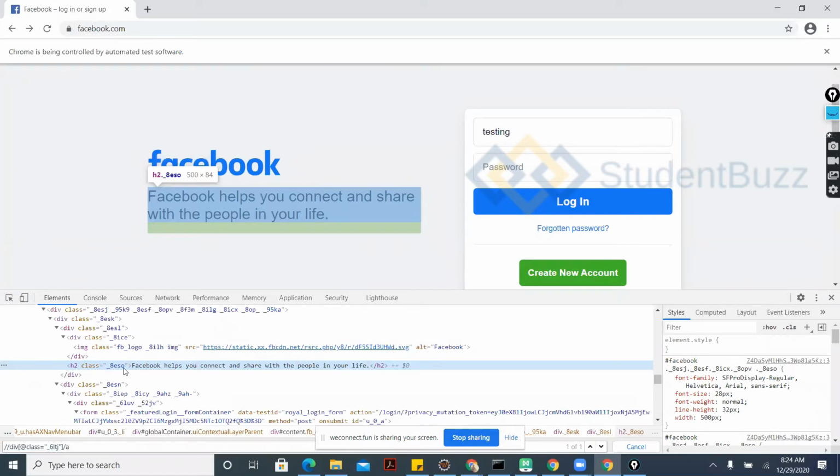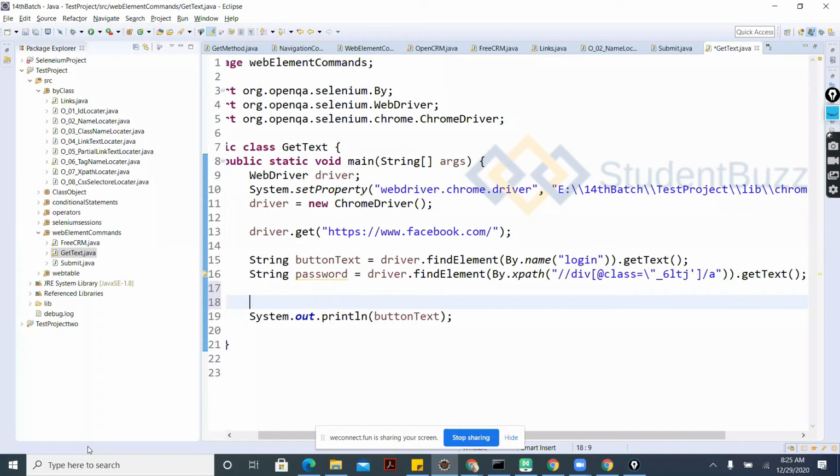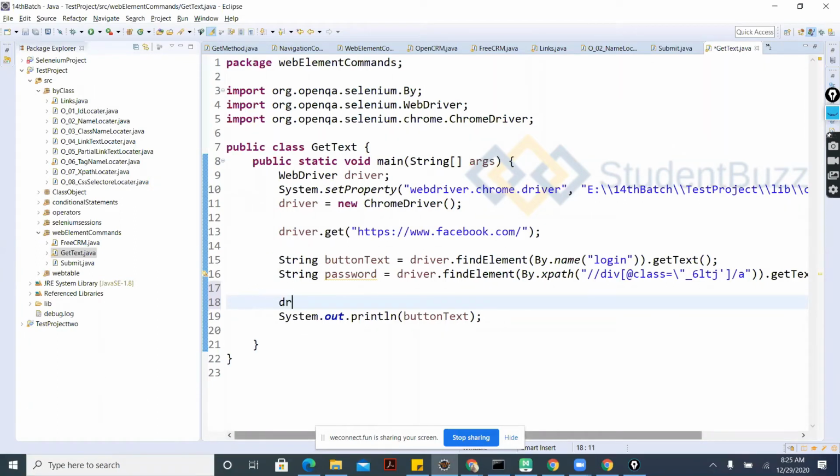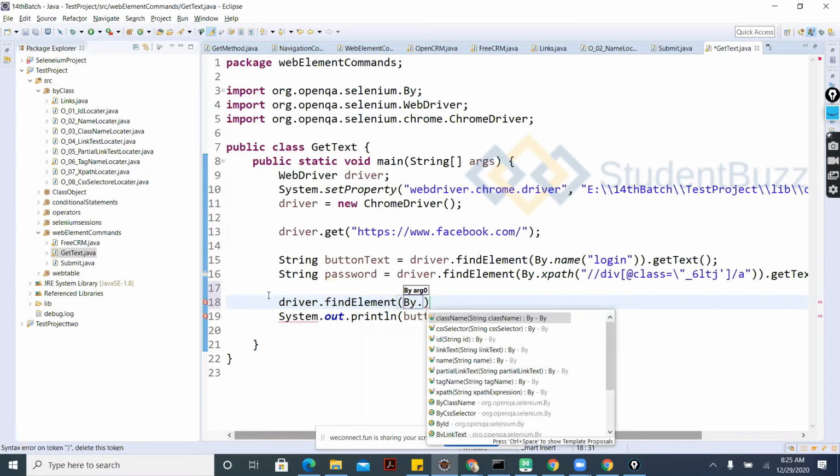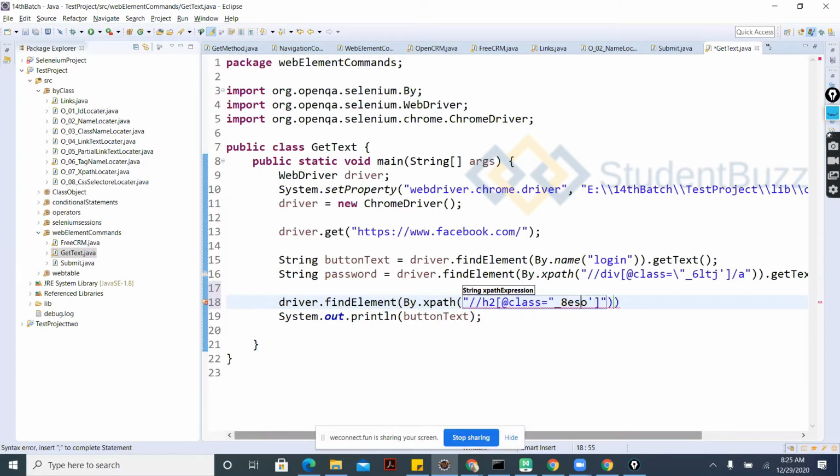So the h2 class is this, and I want to get the text of this. This is an h2 tag. Try to get the text of this. Driver.find element, single quotes I'll give it.